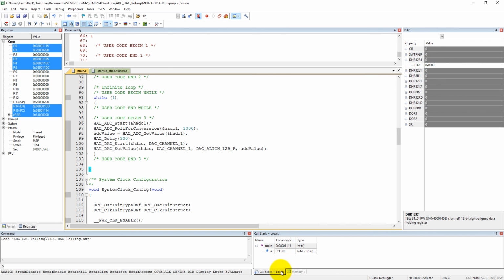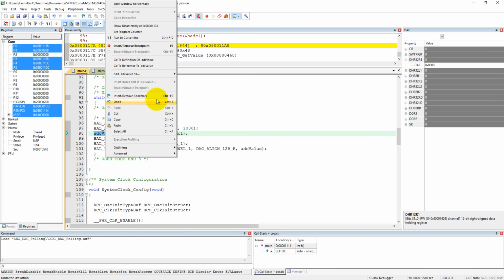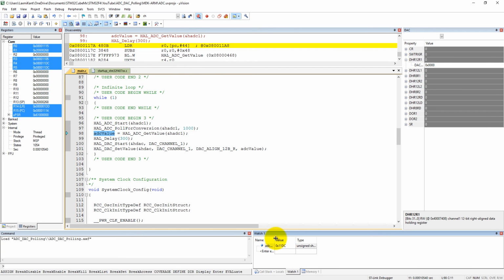And in the watch window, we can see the ADC value. Just right click your mouse and add this value into watch 1. Here it is hexadecimal, and now let's run our code.